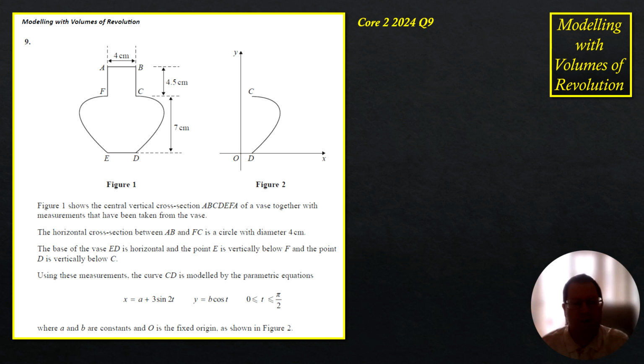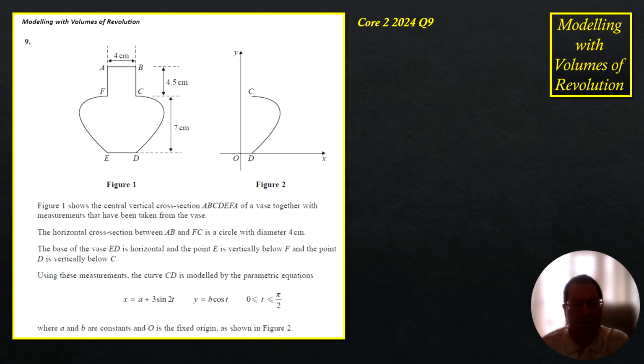Figure 1 shows the central vertical cross-section A, B, C, D, E, F, A of a vase together with measurements that have been taken from the vase. The horizontal cross-section between AB and FC is a circle with a diameter of 4 centimeters. So imagine rotating that shape around, and that's what we will trace out. The base of the vase ED is horizontal, and the point E is vertically below F, and the point D